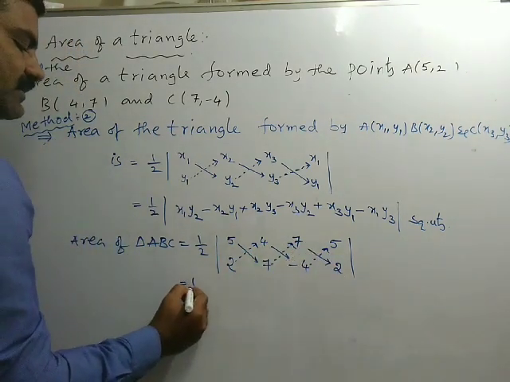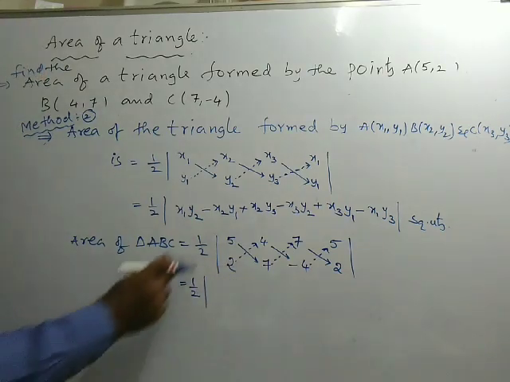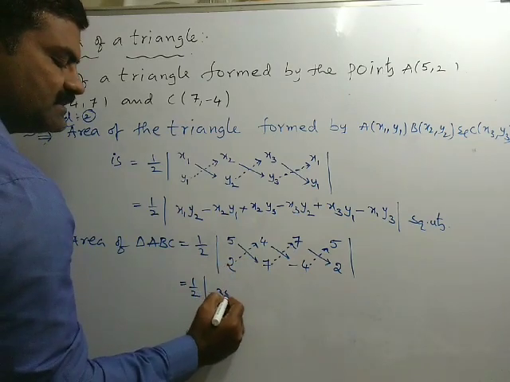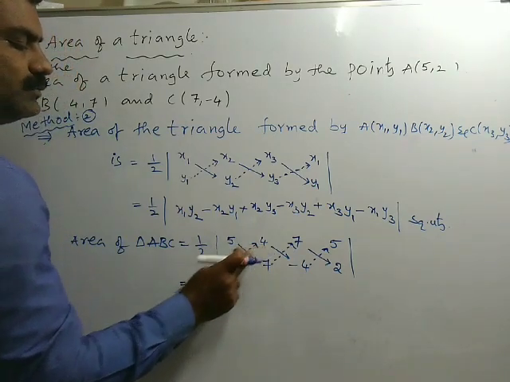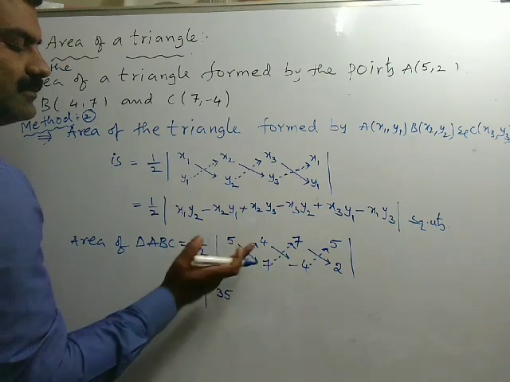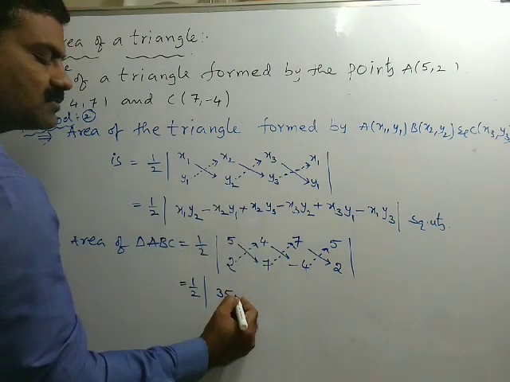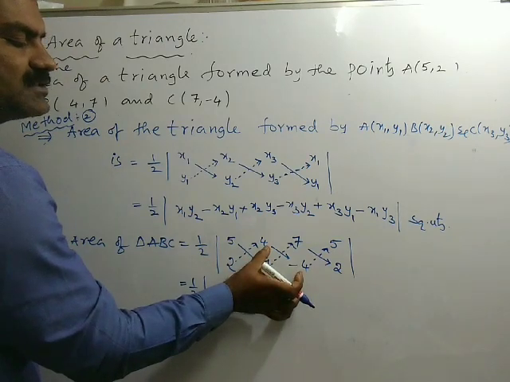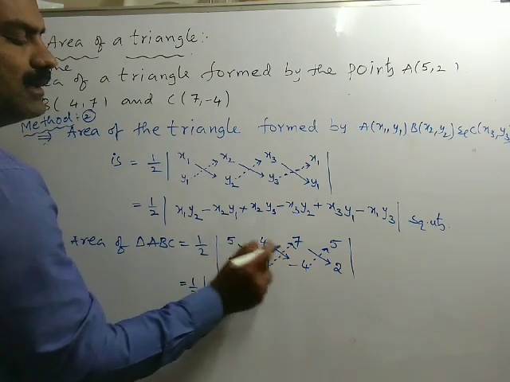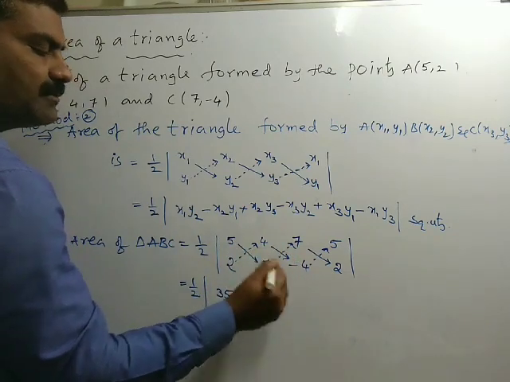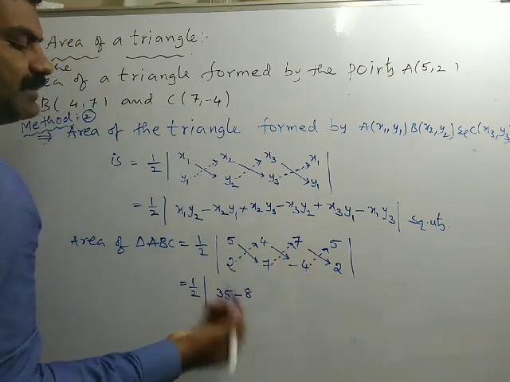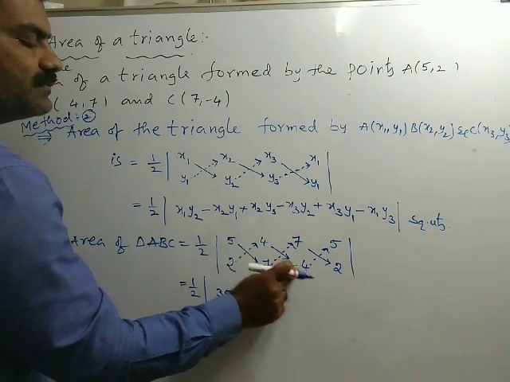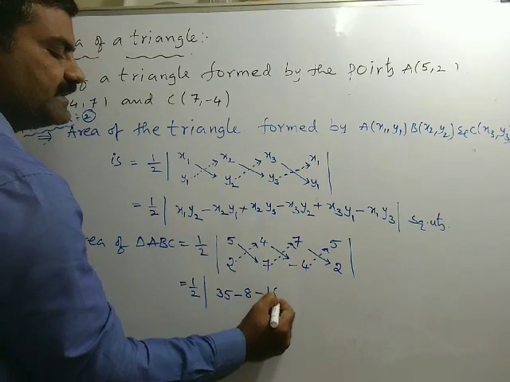Now can you try the product of this one? See how to multiply. 5 into 7, both are plus, 5 7s are 35, so write it as it is, 35. And 2 into 4, which is 8, but in this direction we need to take minus, no? So that's why minus 8. And coming to the product of these two, that is 4 into minus 4. So this is as it is, the product whatever we may get, we need to write it either plus or maybe minus. So 4 into minus 4, which is minus 16.